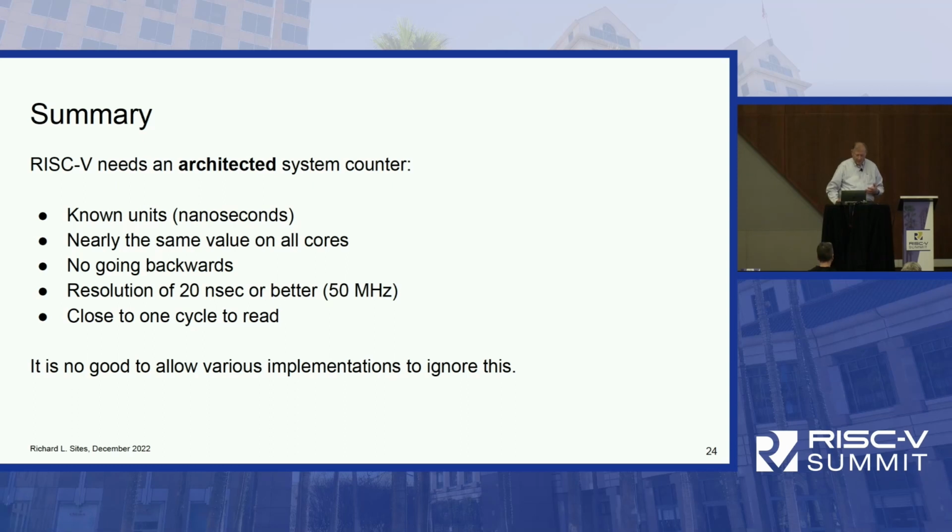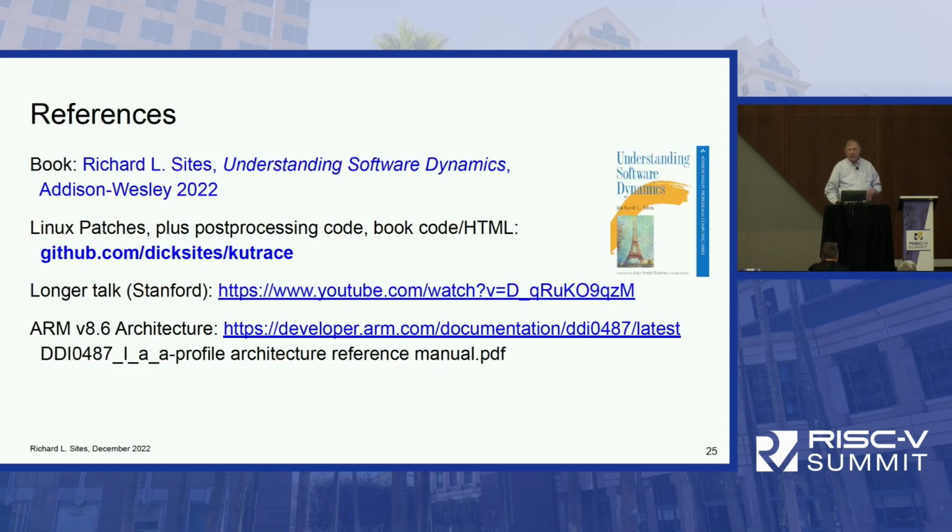And it needs some checking of implementations that they are following the architecture if this is architected. That's all I have. I've written a book that talks about using tracing like this, and the patches for RISC-V